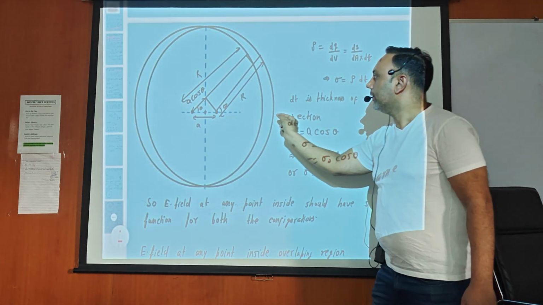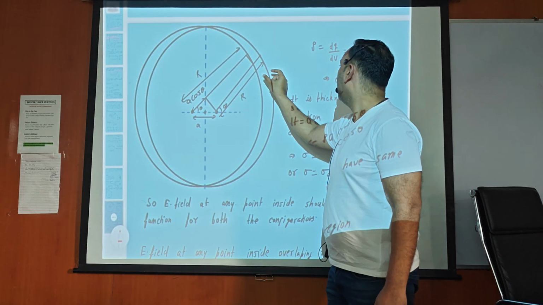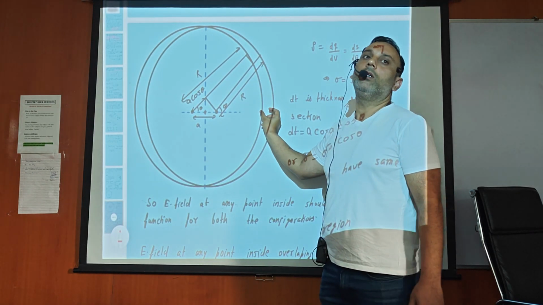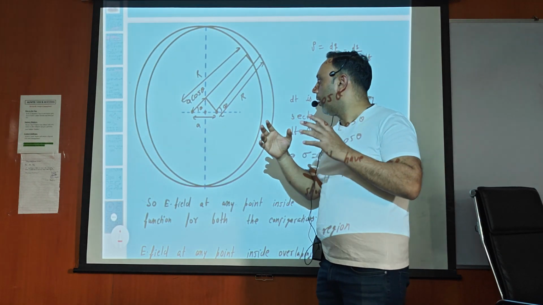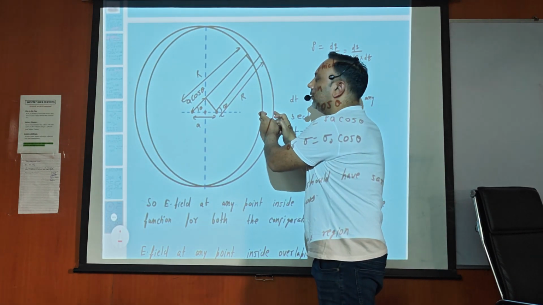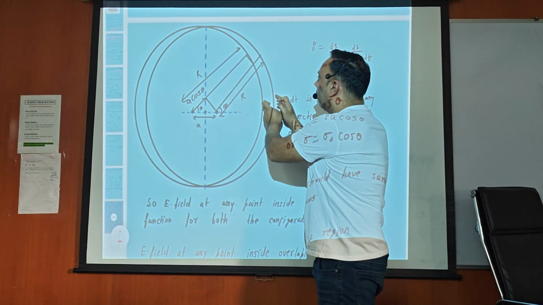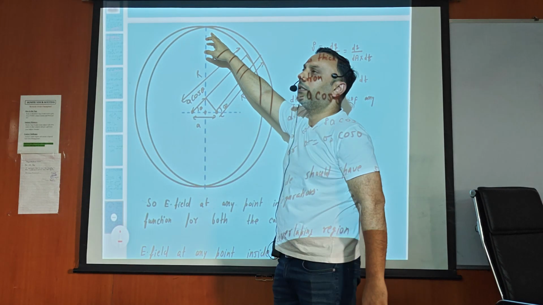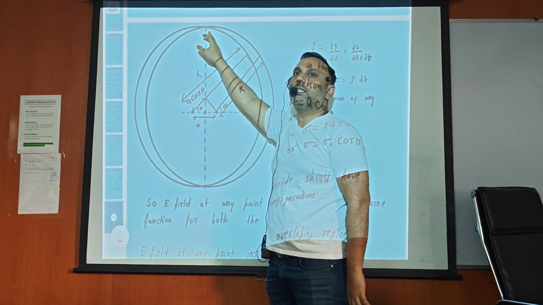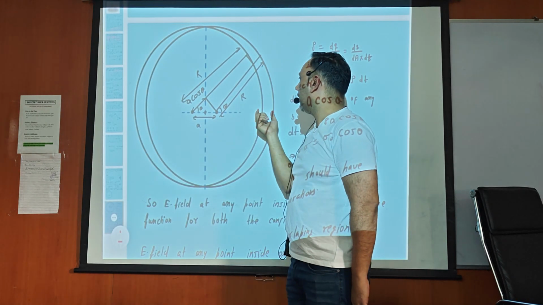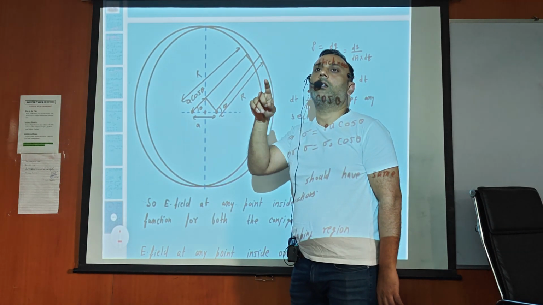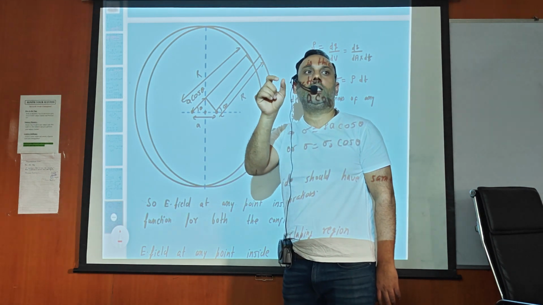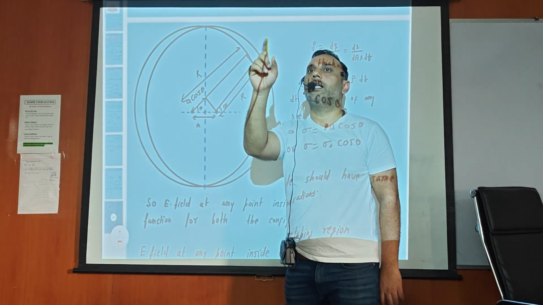So your charge density at any random angle theta depends on dt only. So first, think about how the thickness is varying. Here thickness is maximum, and as you go up the thickness decreases, and here thickness is 0. It means here charge density is 0 and here charge density is maximum. Yes or no? Similar. Sigma is equal to sigma naught cos theta. For cos theta, at theta 0, cos 0 is 1, and at theta 90, it is 0.